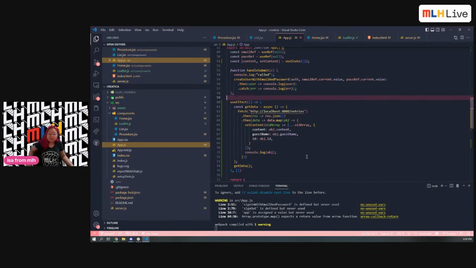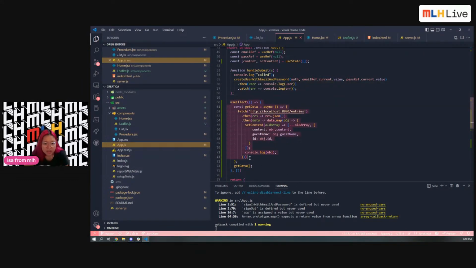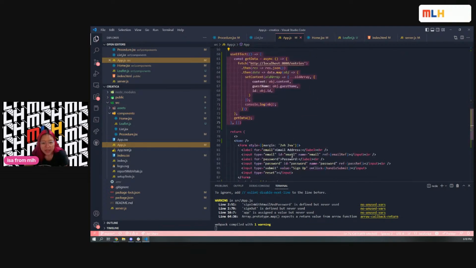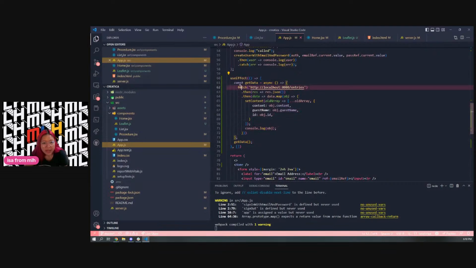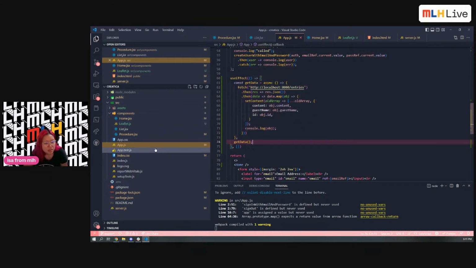So what I did for this useEffect is I defined the function that I wanted to use, which was getData, and then I called getData right here. And then here is a fetch request that is going to entries. And entries is